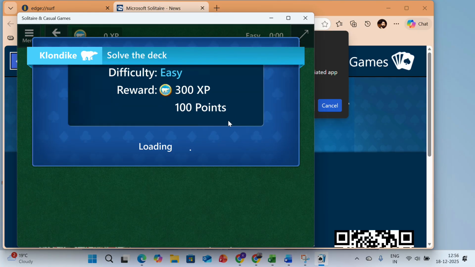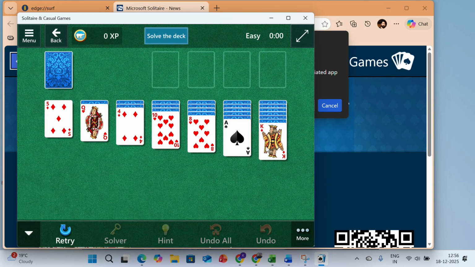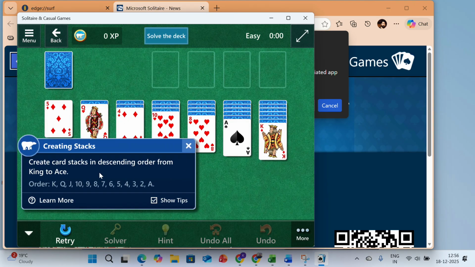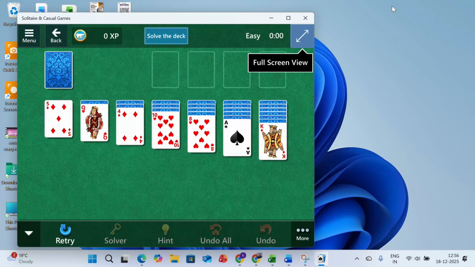You need to be connected to the internet. Simply you can play this, and that's it. In Windows 11 these fun little games you might never have noticed, so the next time you need a break, why not try